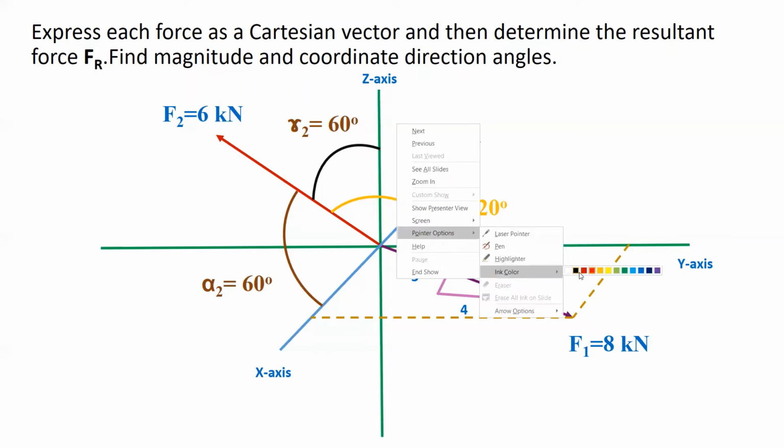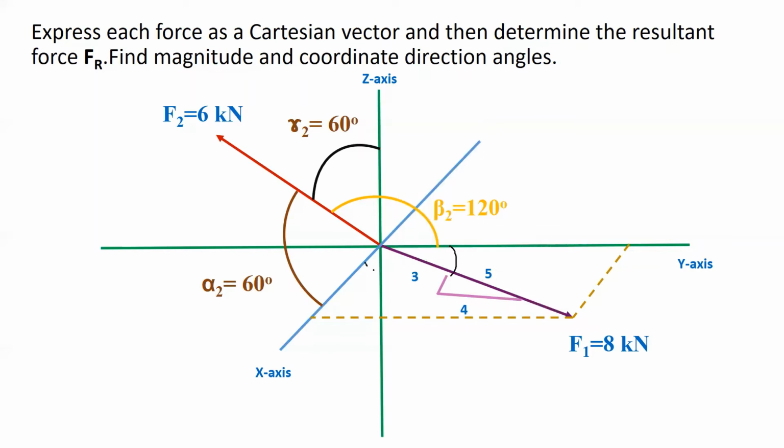For example, I am taking this pointer color, and I have to find this angle and this angle. How can I do that? Always keep it in mind: if you are going to find this angle, say theta, this will be your base and this will be your perpendicular. Obviously, this one is the hypotenuse. So you write tan theta equals perpendicular upon base, which means 4 upon 3. So theta comes out to be 53.13 degrees.